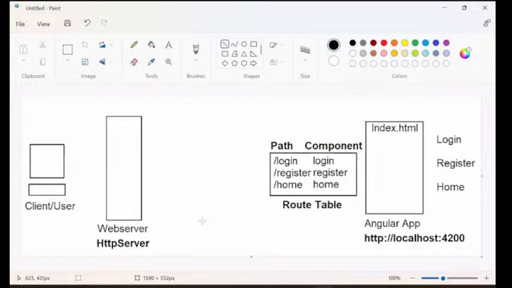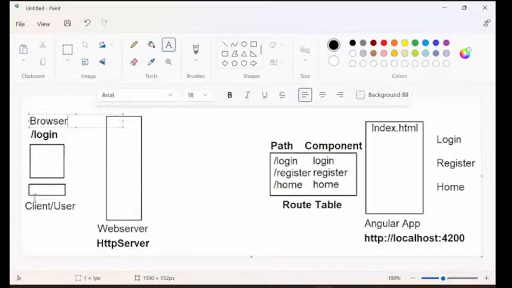After http://4200, he will use login. When the client makes a request for login, from where will he make the request? Usually the request will be made from a browser. That means generally, login is not requested directly. Usually the request will be like